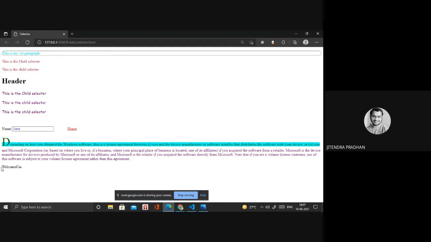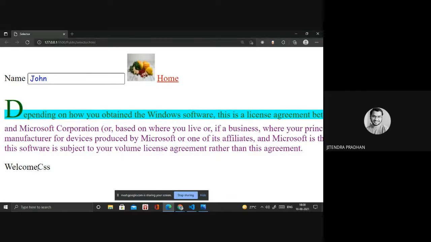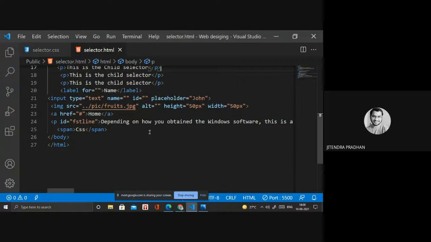Have you observed that? "Welcome" is what we first wrote inside the span, CSS. But if you want to add some content before that, we can do it using the before pseudo element selector. If you want to add something after CSS, we can do that using the after pseudo element selector.